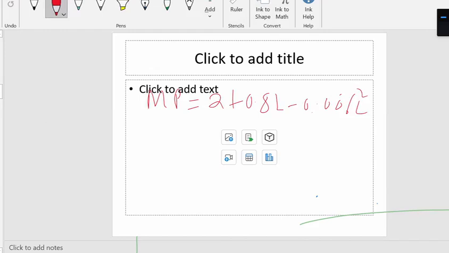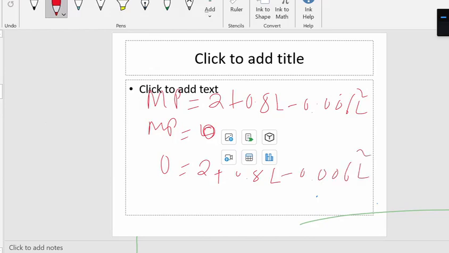Now just set marginal product equal to what? I want to get the maximum number of labor. Sawa, ile kiwango cha mwisho cha watu ambao naweza nika-employ, sawa? So by substituting, instead of writing MP, you just write 2 point 0.8 L minus 0.006 L square. Sawa? Sasa if you set it,